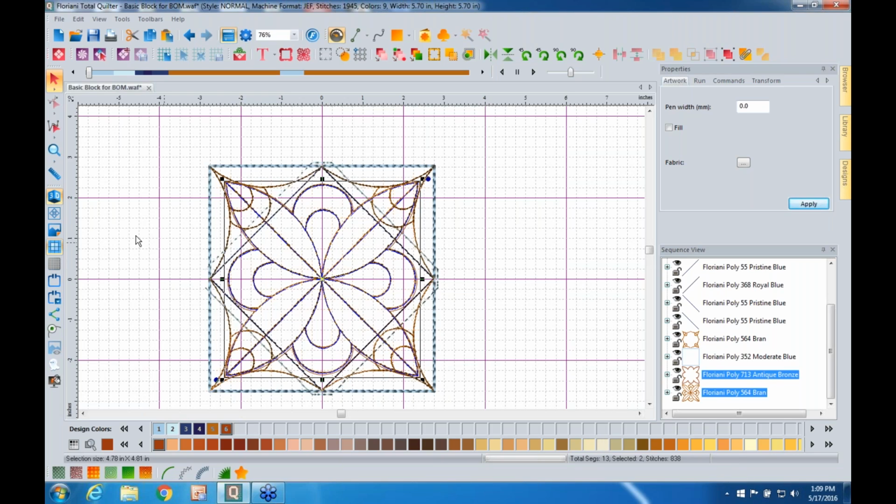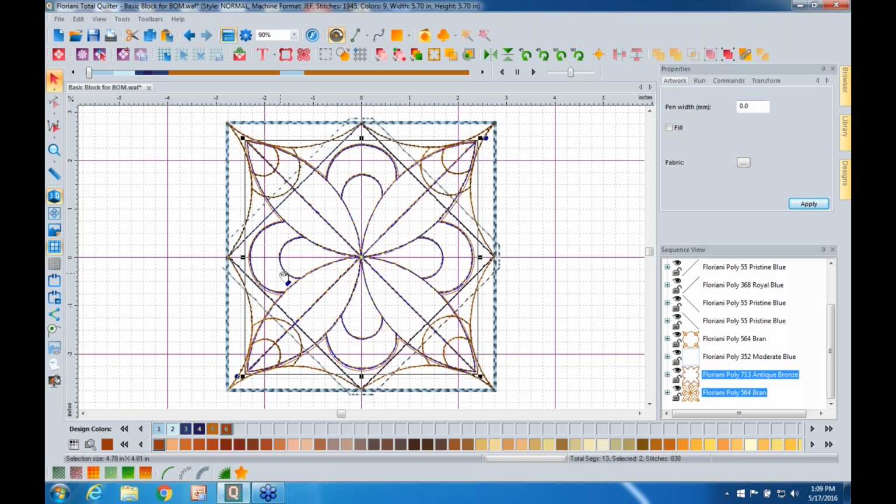and line it up. I'm going to double click my magnifying glass, which, if you've been following along with me these last years, you know I love this shortcut. So when I double click it, that's an automatic zoom to fit. And I've done that so you can see what's going on a little bit easier. What we need to do now is rotate this 45 degrees so that these points are up here like this. And to do that, we're going to use our rotate right 45 degree icon, which is right